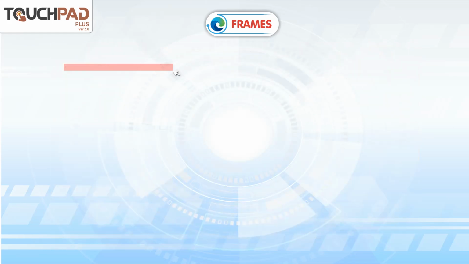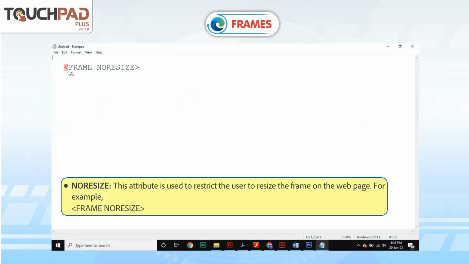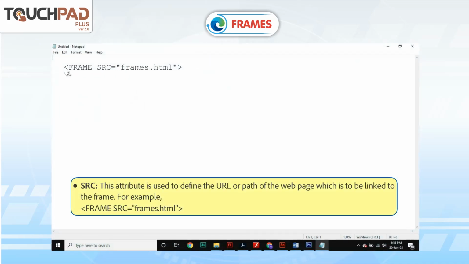noresize. This attribute is used to restrict the user from resizing the frame on the web page. src. This attribute is used to define the URL or path of the web page which is to be linked to the frame.